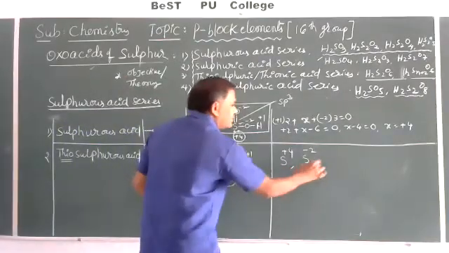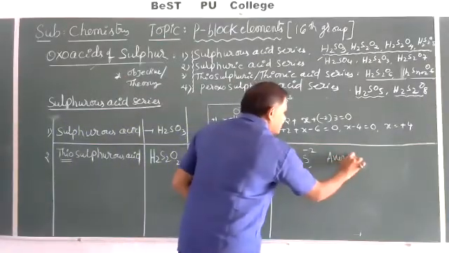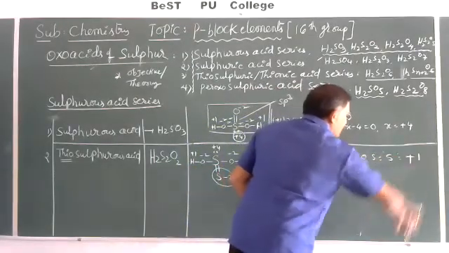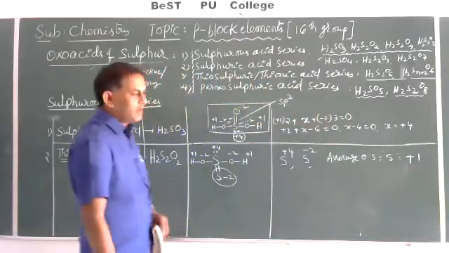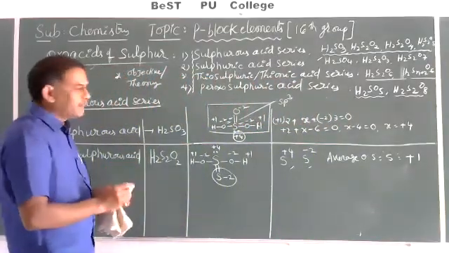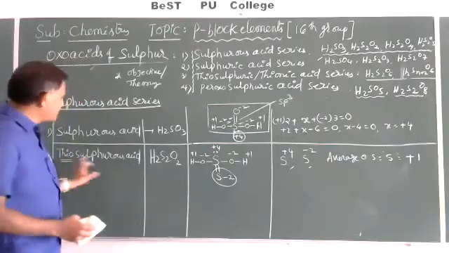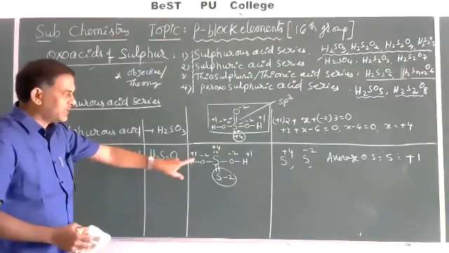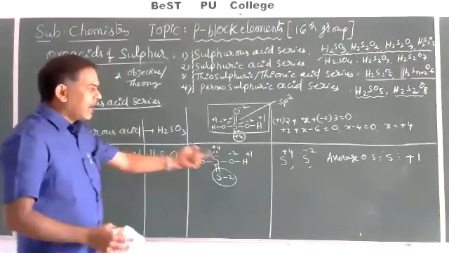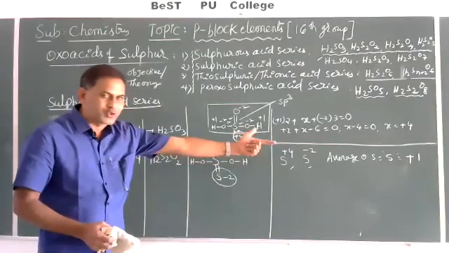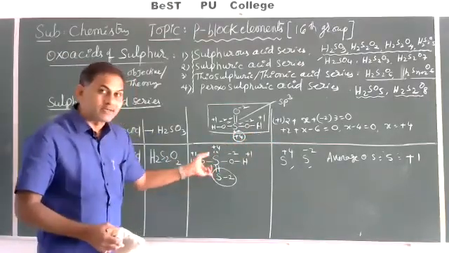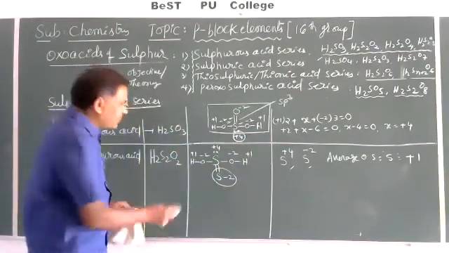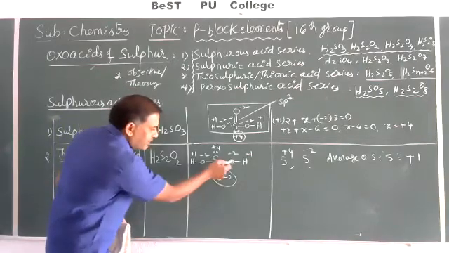So the average oxidation state of sulfur is equal to +1. Very, very important. In objective questions, they'll ask based on this only. Like in thiosulfurous acid, we want the formula. Without knowing the formula, you won't get the correct oxidation state. In this, the average oxidation state answer is +1, but the oxidation states of sulfur are +4 and -2.